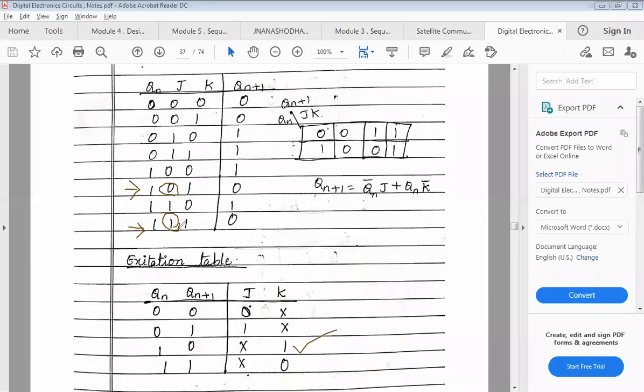Next, when I have 1 and 1, so 1 1, 1 1, I'll be looking at that format, this one and this one. So K is directly 0, J is going to be don't care, right? So that's how we get the last one. If you know the truth table, then it's going to be easy for you to continue with characteristic